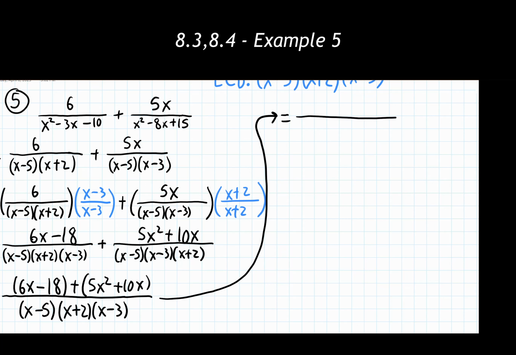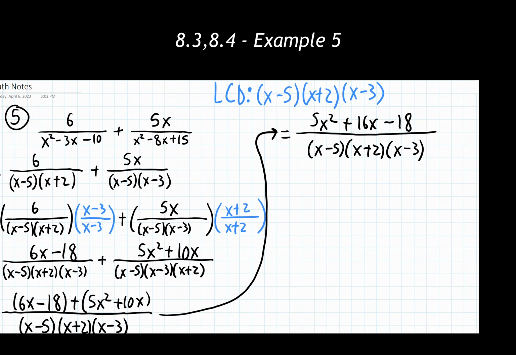Again, our denominator is going to stay fully factored, so I'm changing nothing with that. Because I'm changing nothing with the denominator, I find that to be a great starting place from one line to the next. Now looking at the numerator, I can't really combine anything with the x squared, so I'm just going to have 5x squared showing up still. I have 6x plus 10x, which is going to give me 16x. Then I have a minus 18 at the very end, just a constant term, so nothing's going to be adding on with that. Okay, and now I have my new numerator written out there.